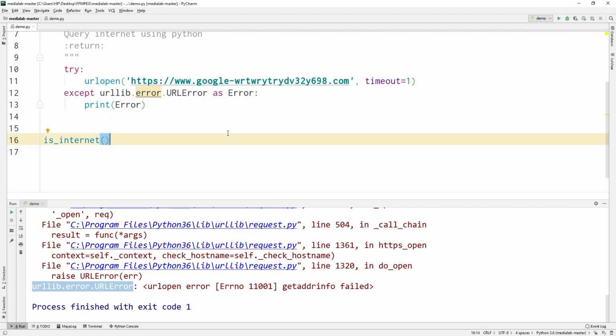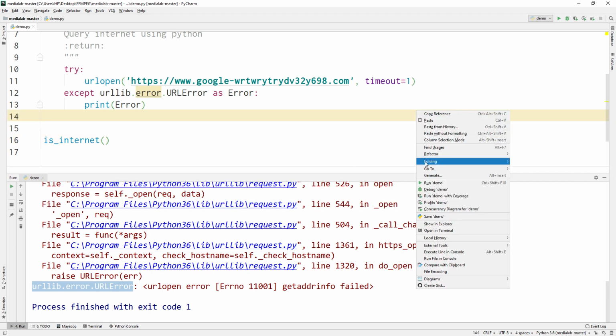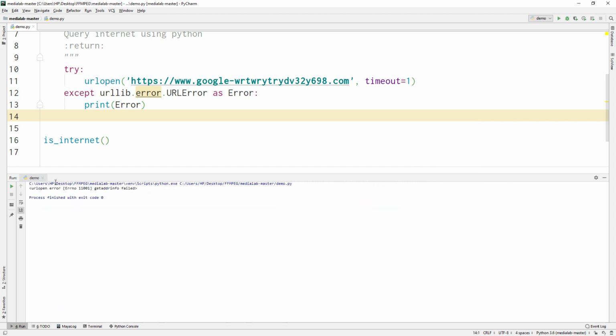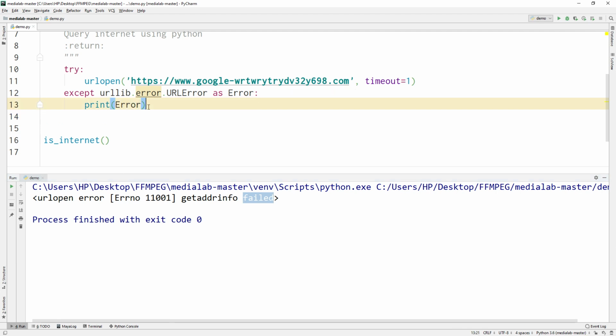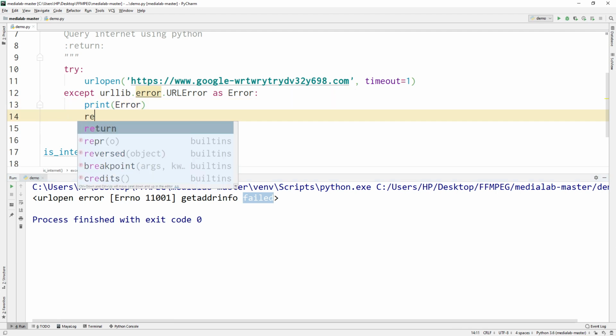So if there is any issue, just print the error instead of showing all the debug information. Let's run it again. Here we see a decent error, saying getaddrinfo failed. That's quite okay. So if we see this error, then we will just return False,